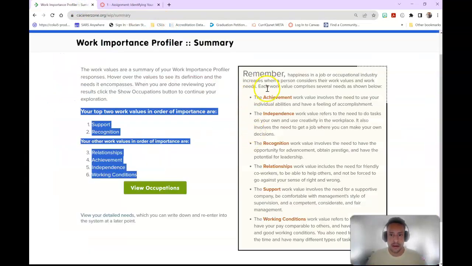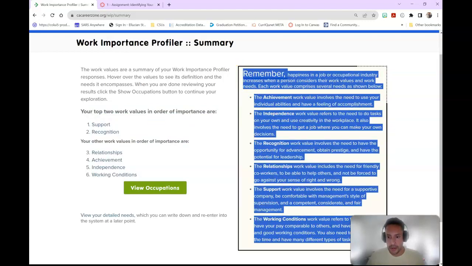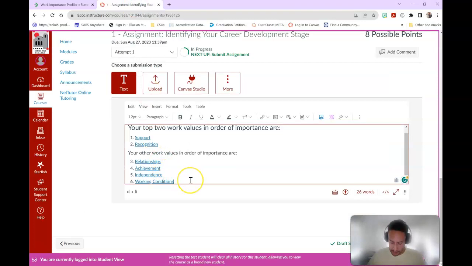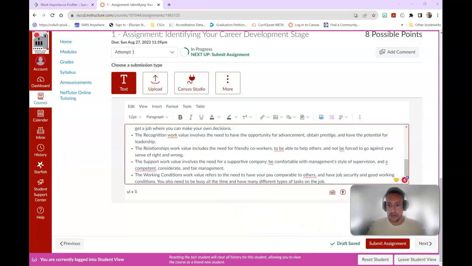Go back here and then you want to just copy this box here and submit that. And then once you've copied both of those things, you click on submit, and that's how you complete this assignment.